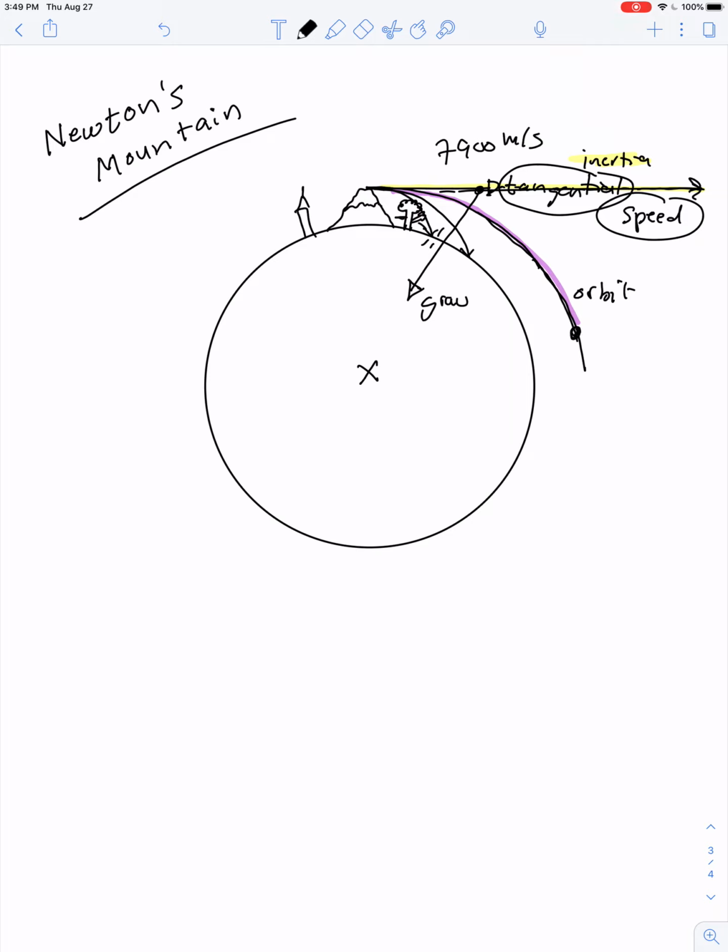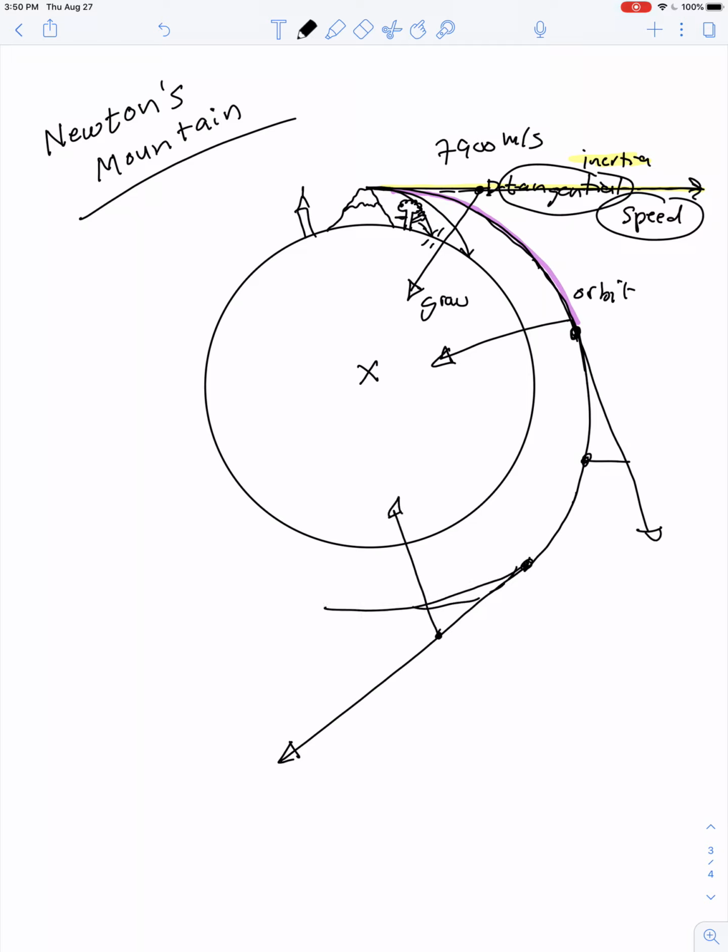So let's say now the object gets here, it wants to continue tangent to its path, but it doesn't follow that straight line path because there's constantly the pull of gravity, which takes it off that straight line path and falls back onto the orbital path. And then the object gets here, the law of inertia gives the object a desire to continue on this straight line path, but gravity pulls the object toward the center of the Earth, causing it to continue to fall inward toward the center. Now, if the speed were any less than that,